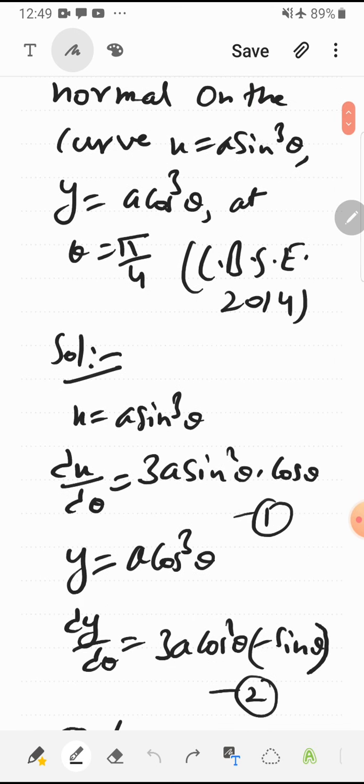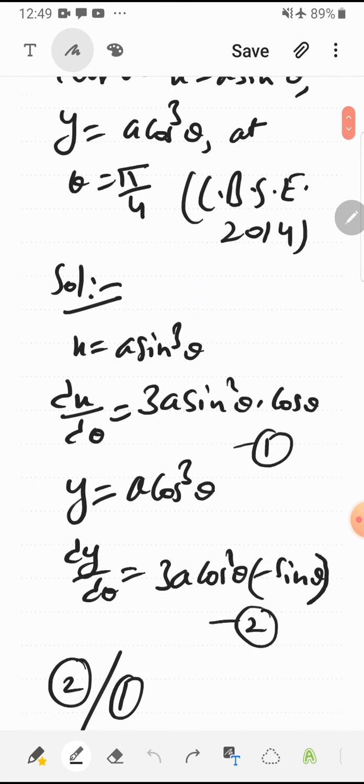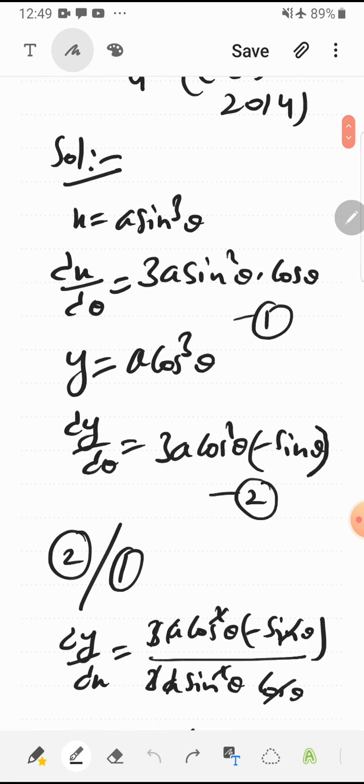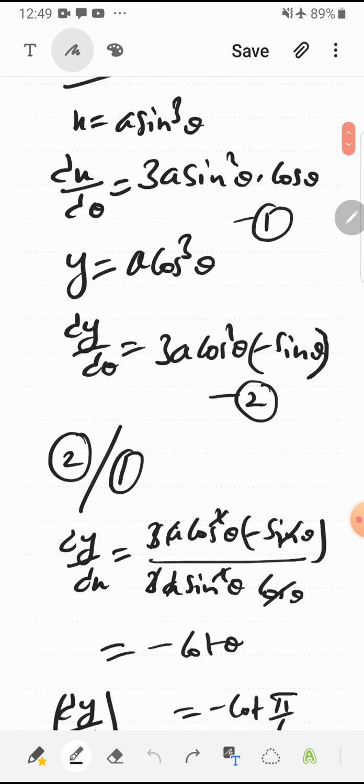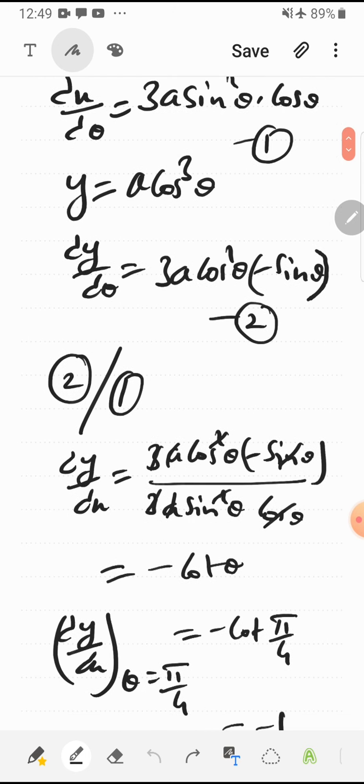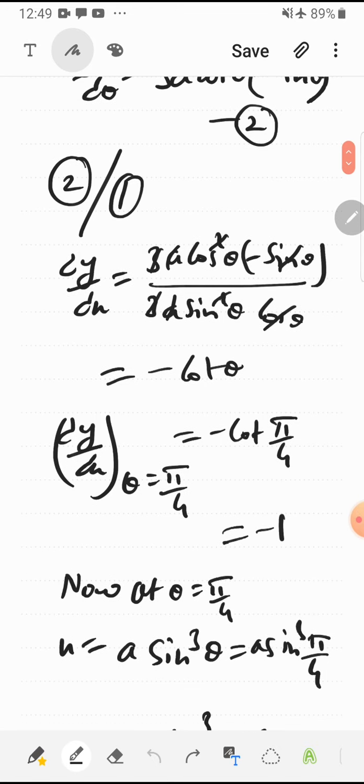Now as we know, differentiation of a parametric function is done, so x equals a sin cube theta, so dx by d theta is 3a sin square theta into the differentiation of sin, which is cos. Similarly, dy by d theta is 3a cos square theta, differentiation of cos, which is minus sin. So dividing equation 2 by equation number 1, we get dy by dx equals minus cot theta after cancellation of the common factor. So putting theta equals pi by 4, it is minus 1. So the slope of tangent is minus 1.